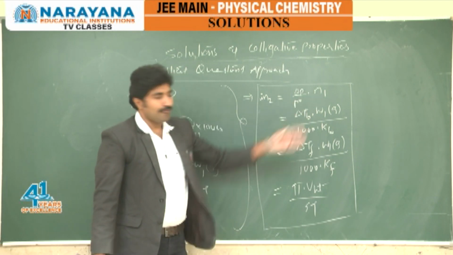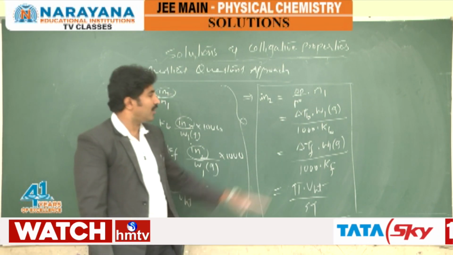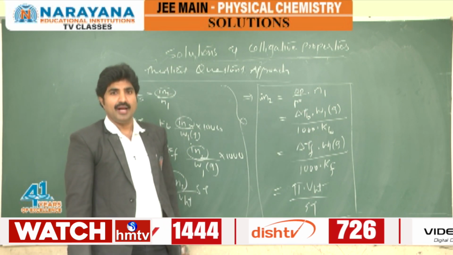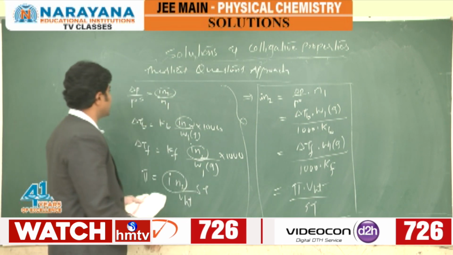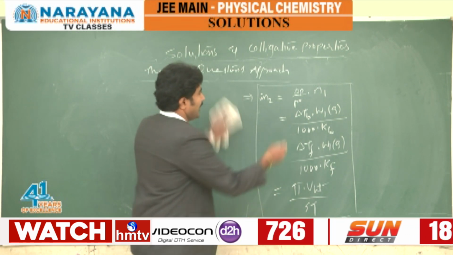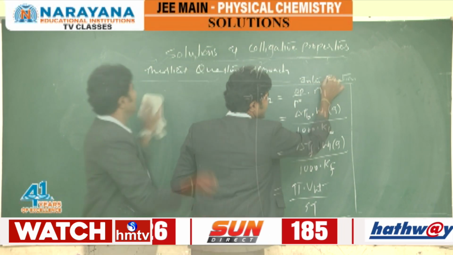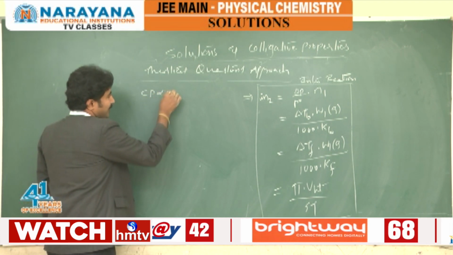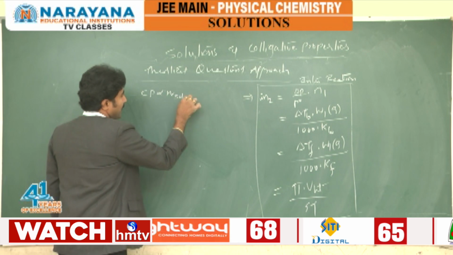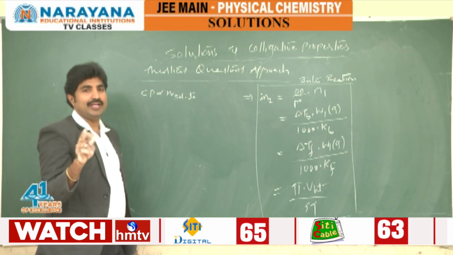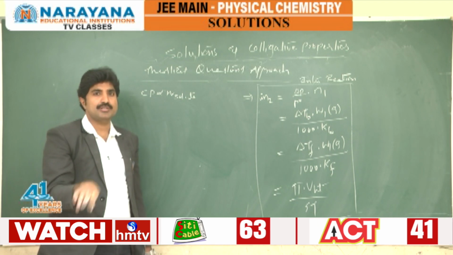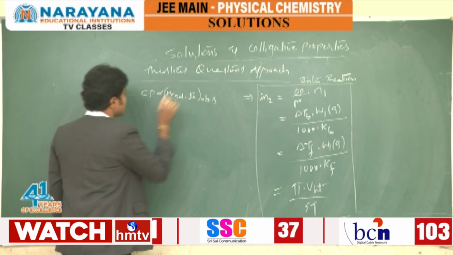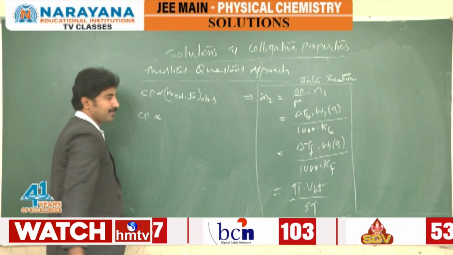Just whichever 2 colligative property relations you want, take those 2 equal and correlate them to get the interrelation. And in theoretical approach, how do you solve this one? That was just the interrelation among 4 colligative properties, whereas in theoretical questions, the approach is colligative property is directly proportional to number of moles of solute. We know this, but we have to take those moles in the observed state, that is at equilibrium. Therefore, that is observed moles only. From this, every colligative property is directly proportional to